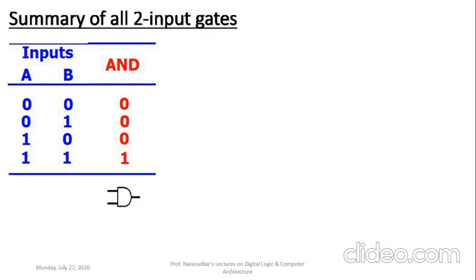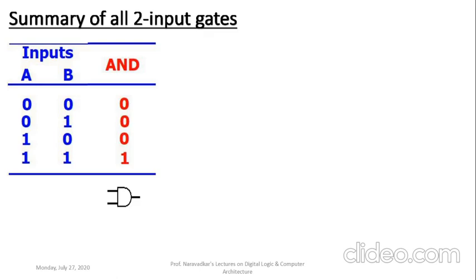Now what is basically an AND gate here? The output of AND gate will be 1 when input A and input B both are at logic 1. So as per this particular definition here, only for the last combination A equal to 1, B equal to 1, the output of AND gate will be 1. And in the first 3 combinations, where both the inputs are 0 or either of the inputs is 0, the output of AND gate will be 0 here. So this is the completion of that AND gate truth table here.